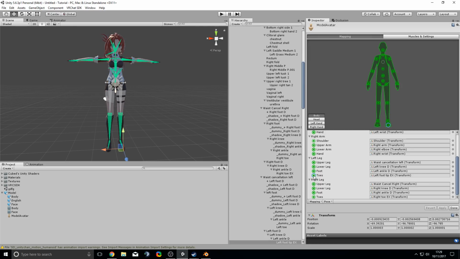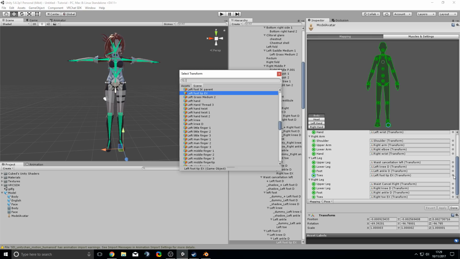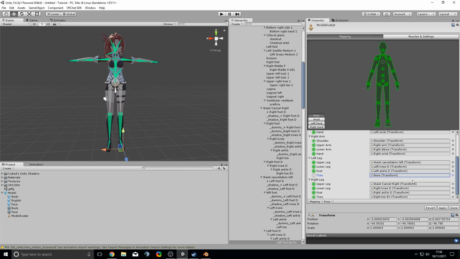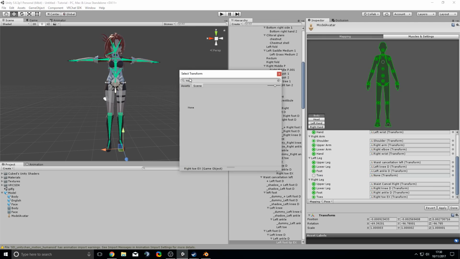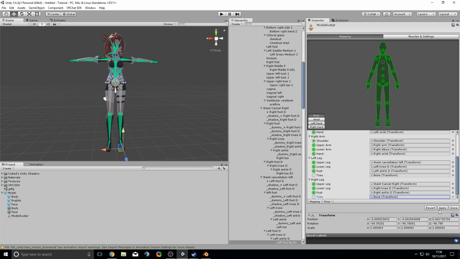A little tip is sometimes your character may be tiptoeing in game. You don't actually need the toes in VRChat, it's an optional bone. So to get rid of the tiptoeing, just delete the toe bones pretty much, just hit the little circle beside it and then type in none, select that, toes deleted, all green still, no problems, hit apply,